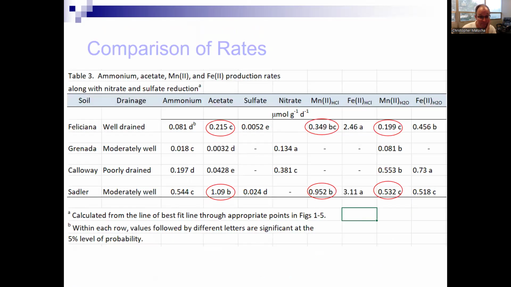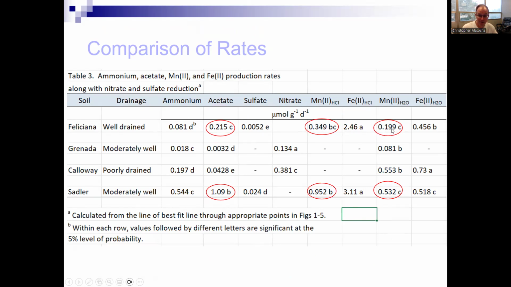Okay. All right. So let's compare these rates, see what's going on. And if you look at this table, we have soil in this column, drainage status, and we have all these chemical species that we measured. A couple important points to make. First of all, the acetate production rate in the Feliciana, well-drained soil, is no different than the manganese production rate